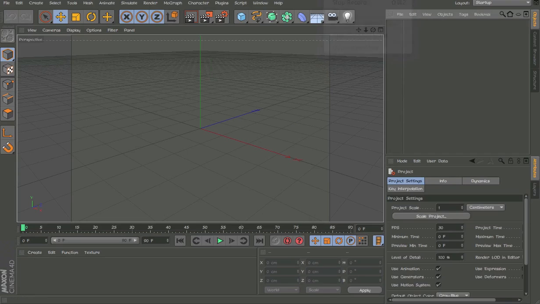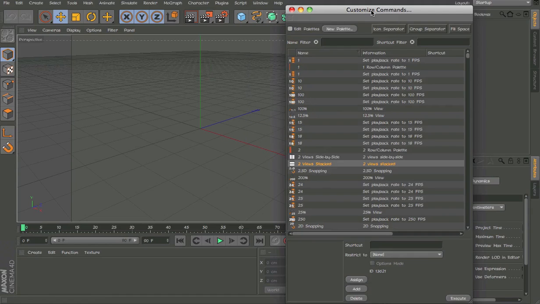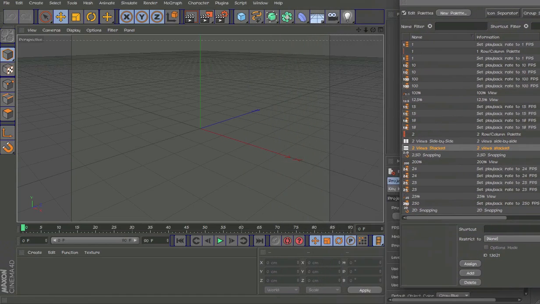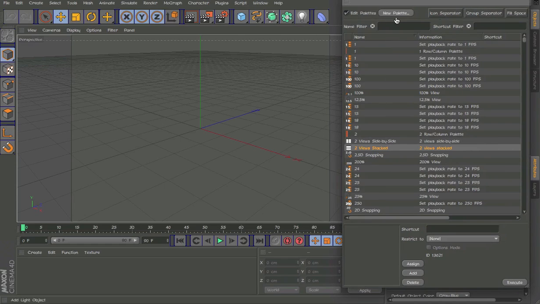Okay, so the next thing is customizing your viewport. So under customization commands, you can click on edit palettes, which means we can edit the palettes. You can move this around. If you double click on it, it deletes it. If you double click on the space there, you delete it. If you want to add spaces, you can move the group separator, icon separator, fill space,